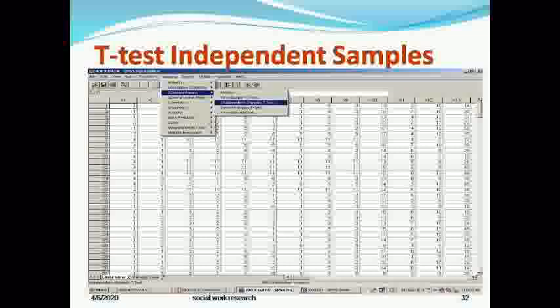The result we get from the data before the experiment is one data set. From the same respondents, after the experiment we collect some data, that is the second set. So two samples are collected from the same people, one result before the test, one result after the test, and